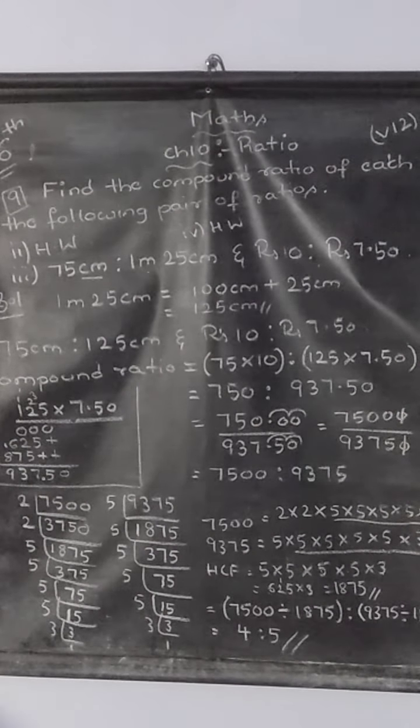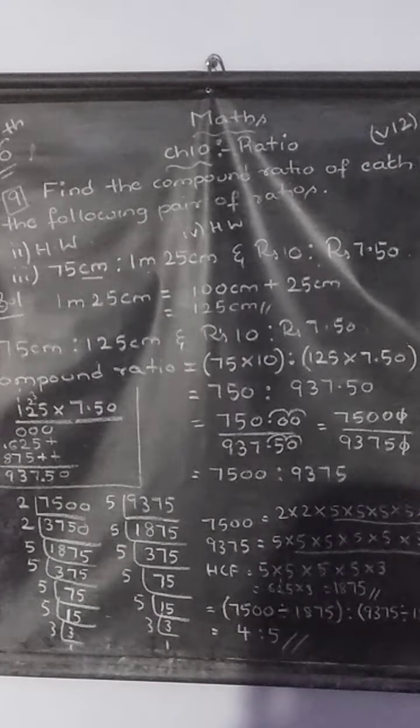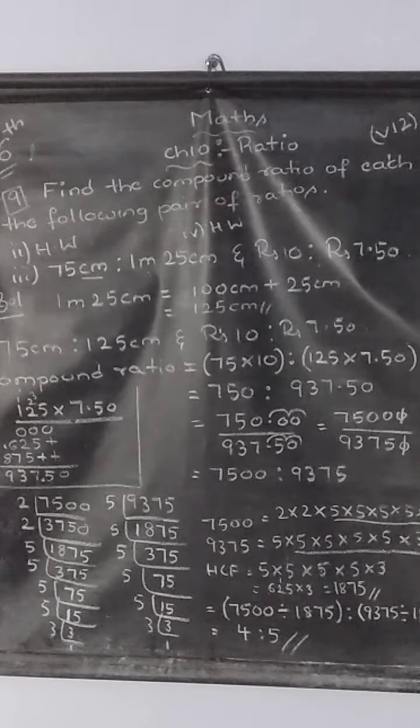Similarly, the fourth question is there, but it is in kgs and grams. You know that 1 kg means how many grams? 1000 grams. Convert it accordingly and do it in the same way. Okay. So the fourth question you take as homework and do it in your homework book. Is it okay children? So the third question needs to be copied to your classwork and the fourth question should be solved in your homework book.